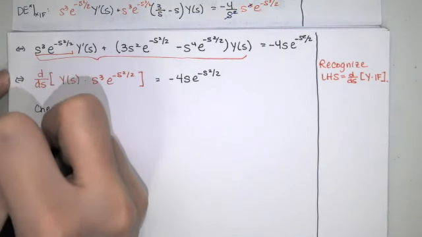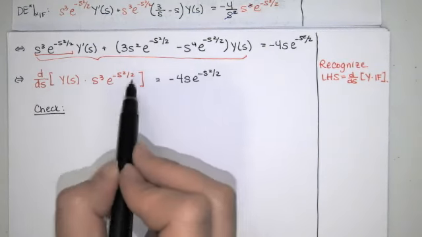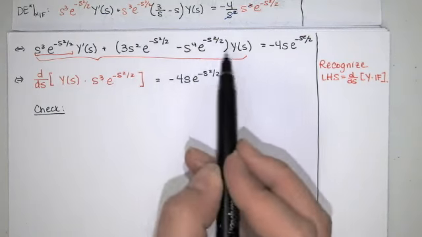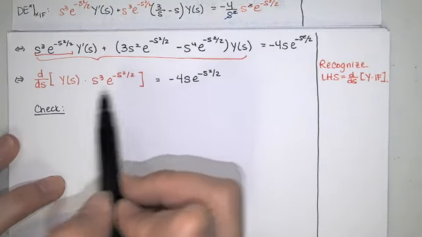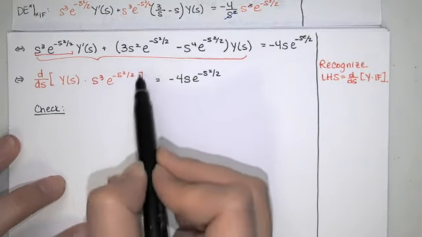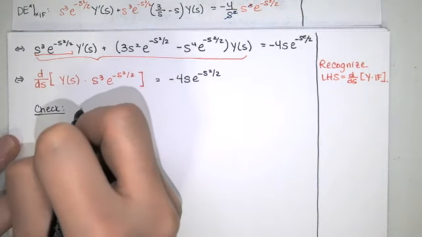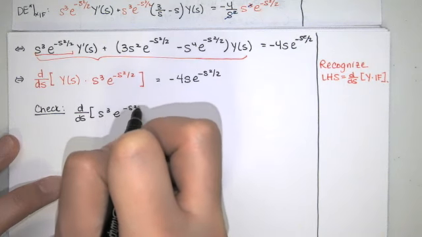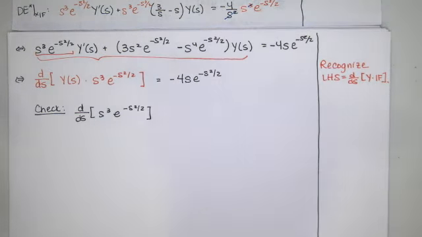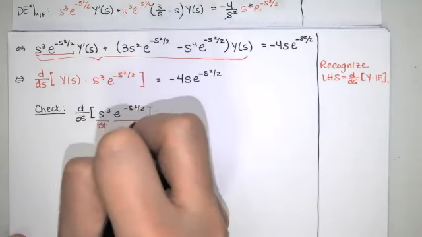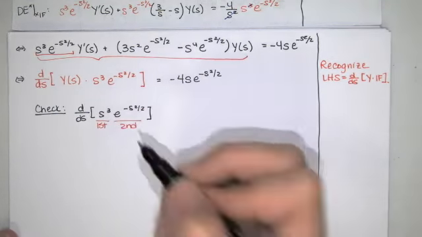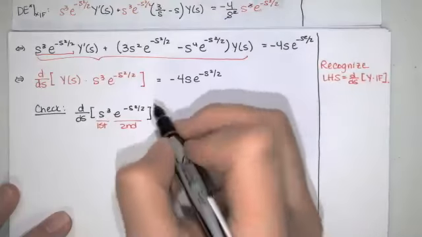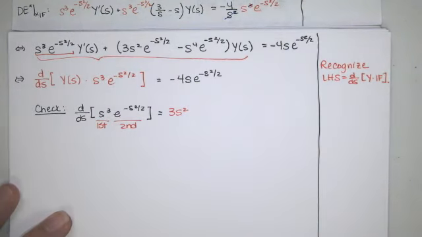So just as an aside, let's check. We would have derivative of the first times the second, which is right here, plus derivative of the second, which would have to be this, times the first. So when we check, we're really just checking that the derivative of this expression is actually equal to this one. Well, if this is my first factor and this is my second factor, as they're both functions of s, I would use the product rule to compute the derivative. We would get the derivative of the first, which is 3s squared times the second,